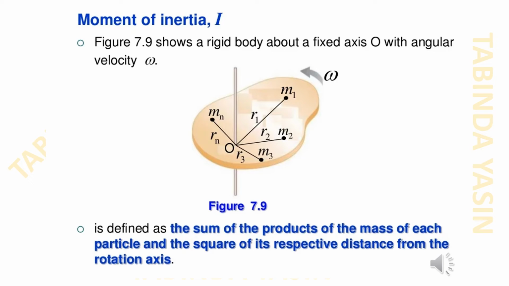The sum of the product of the mass of each particle and the square of its respective distance from the axis of rotation, that is the position vector from the point O, is called the moment of inertia, as you can see in the figure depicted already. To understand the moment of inertia,